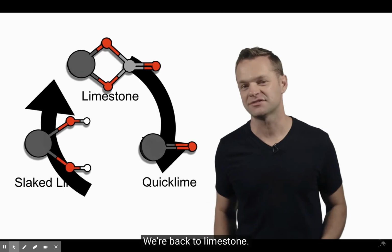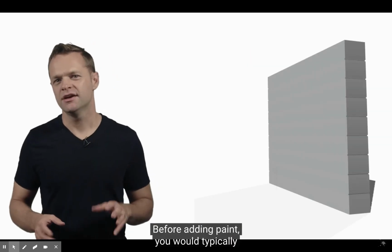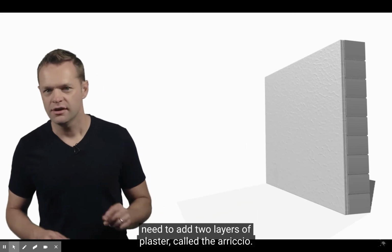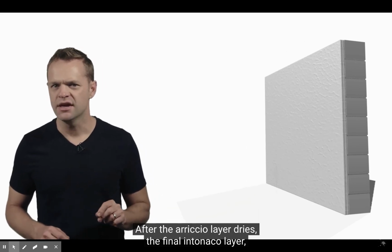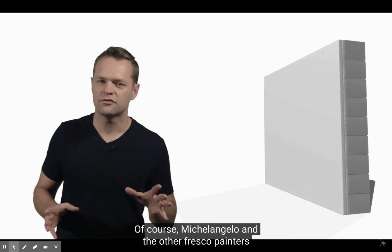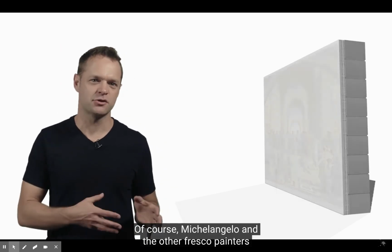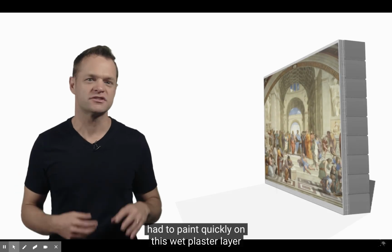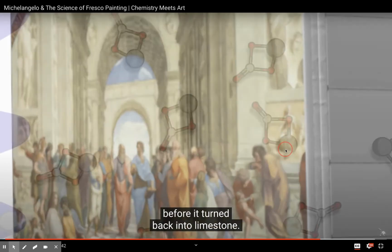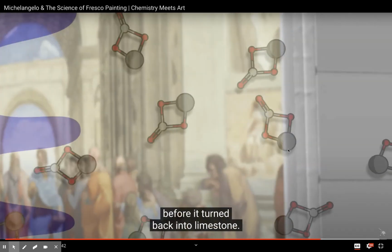We're back to limestone. Before adding paint, you would typically need to add 2 layers of plaster called the arriccio. After the arriccio layer dries, the final intonaco layer, or smooth layer, is added. Of course, Michelangelo and the other fresco painters had to paint quickly on this wet plaster layer before it turned back into limestone. That's super important, this idea that you have to paint on it when it's wet, because